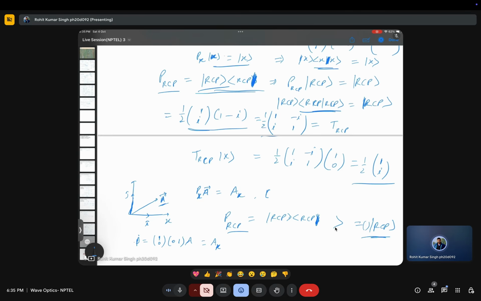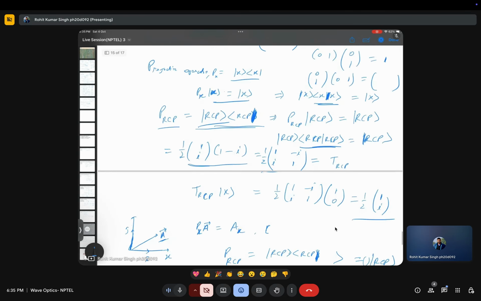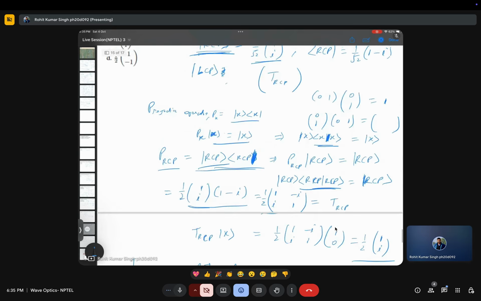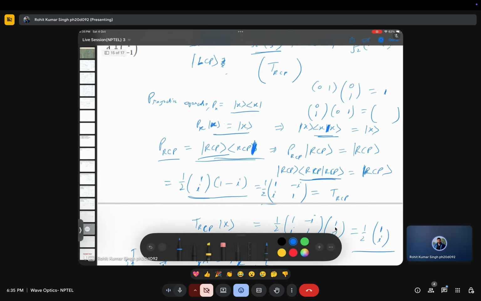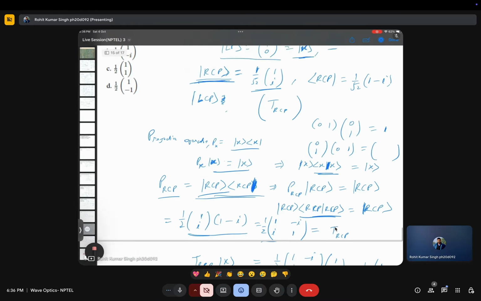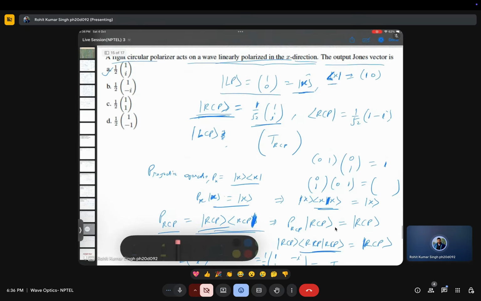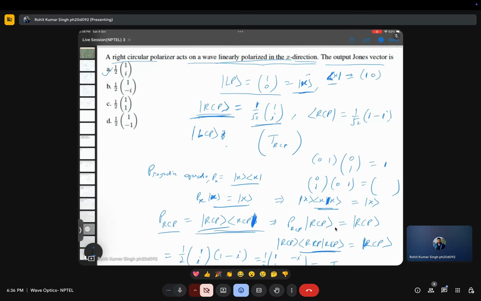I know it's a little confusing for you, but I want you to remember one thing. Whenever you get a problem where you don't know the matrix for a polarizer, but you know the vector corresponding to that state of polarization,